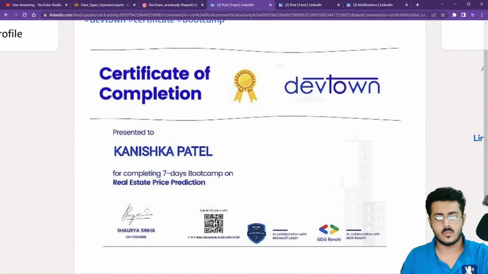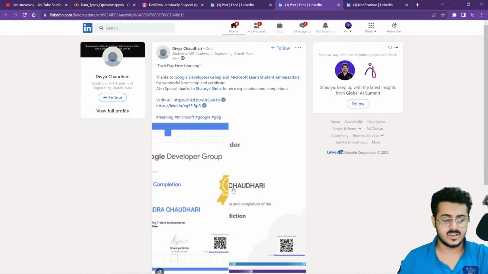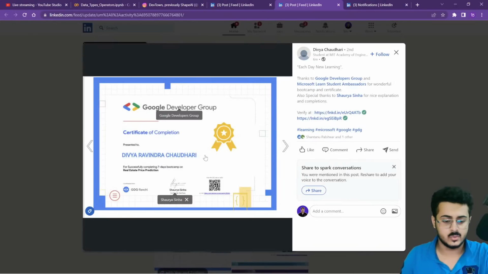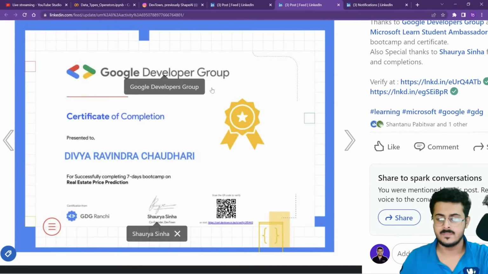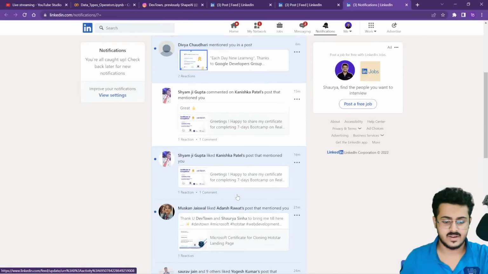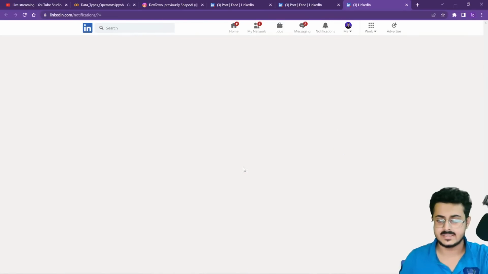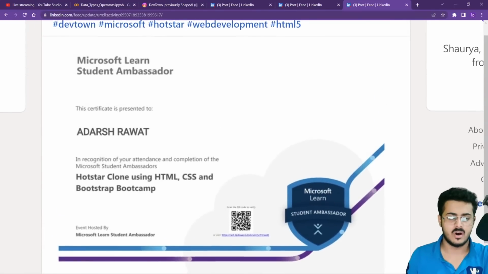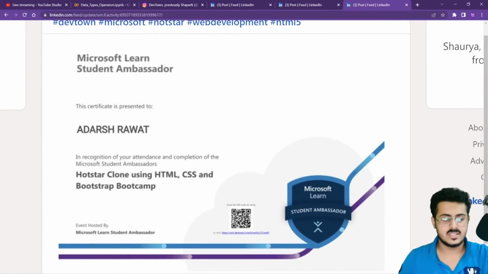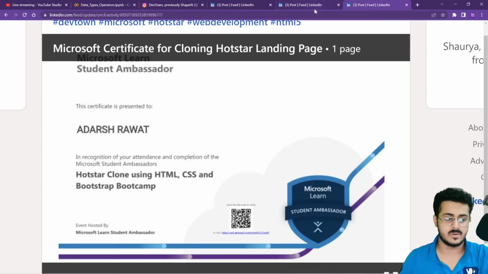This was for one of the 7-day bootcamps, on real estate price prediction, that we have sent out. This is the certificate on behalf of Google that has been sent to the students. And then we have the certificate via Microsoft, that has been sent to the students on behalf of Microsoft itself. These are the 3 certificates that are associated with this particular bootcamp.